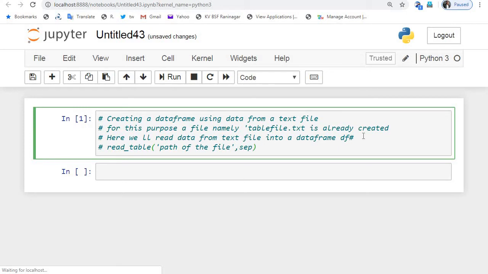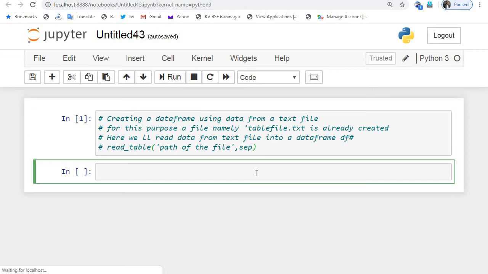Besides separator we can also pass delimiter, which is another name for the separator, or we can have another parameter, delim_whitespace, equal to true or false, a boolean value. That will force the read_table function to read the data from the file with the delimiter of space. That means it will take one value, and if white space comes, then the next value, so the data written between the white spaces will be read as values.